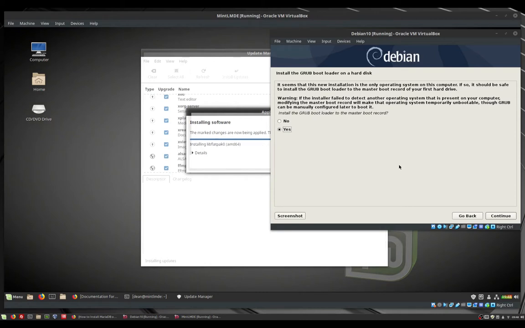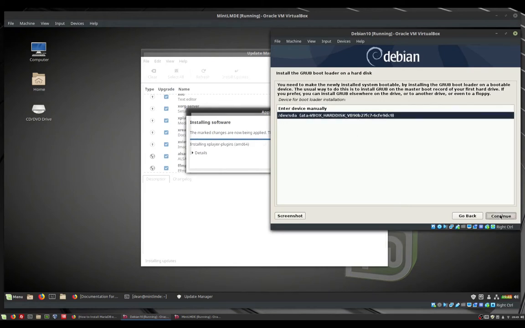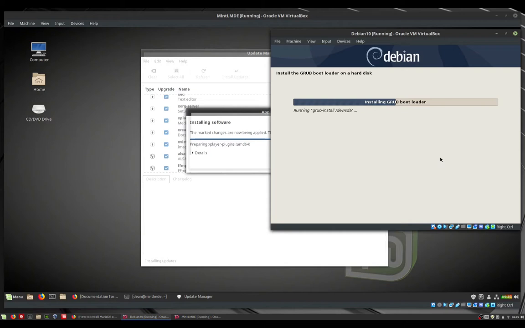So based on everything else so far in the Debian installation process, it doesn't seem like there's any graphical issues. You can see everything, so I think it was just busy thinking at that moment. And when I clicked, this appeared just after that. Okay, so it says install grub bootloader as a master record. Yes, accept the default in this case, because it's the only operating system in the machine, being a VirtualBox. And we say okay, and we select the VirtualBox hard drive and say continue, and it's going ahead and doing